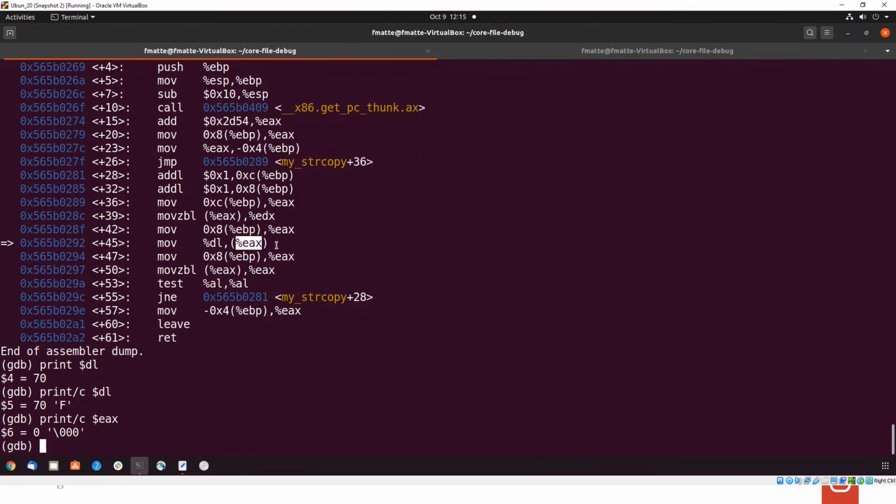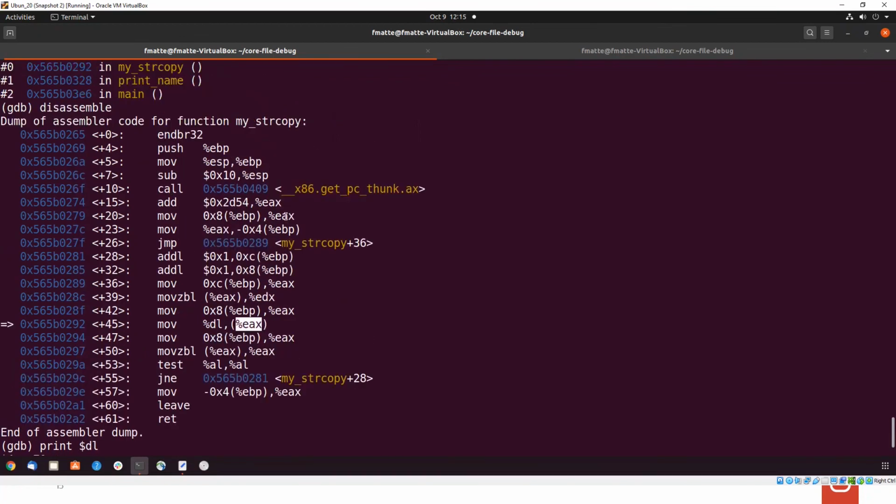We generally read all these things and try to understand where my EAX is copied from. You can see here EBP plus 08, your source, is copied into EAX, which is nothing but your first parameter. It is difficult for you guys to understand, but for me or my colleagues, we read all these things. It is just a shortcut to understand that the first parameter is wrong here. Just conclude that, and then see where the first parameter is coming from: my underscore malloc function. So that is clear how you debug this program.